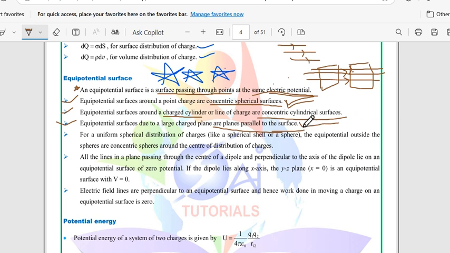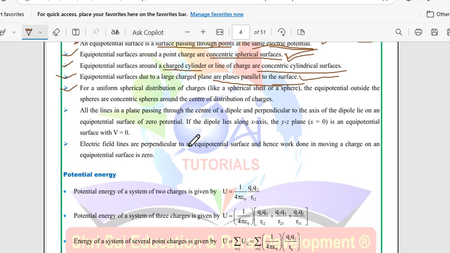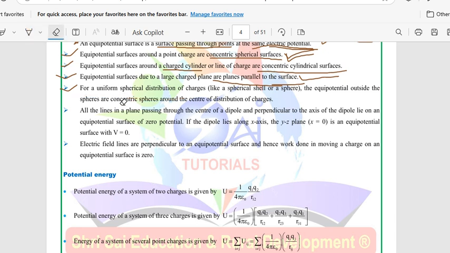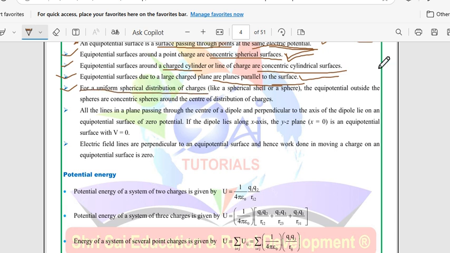Next and foremost important, for a uniform spherical distribution of charges, like a spherical shell or a sphere, the equipotential surfaces outside the sphere are concentric spheres around the center of distribution of charges. This is very important. See, if you consider a uniform spherical distribution of charges like a spherical shell,